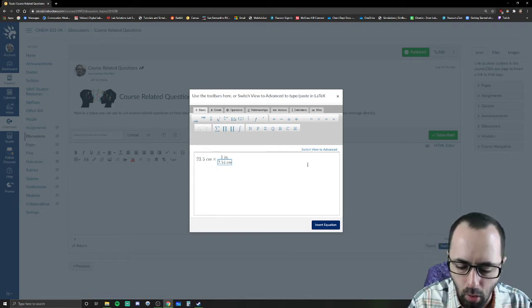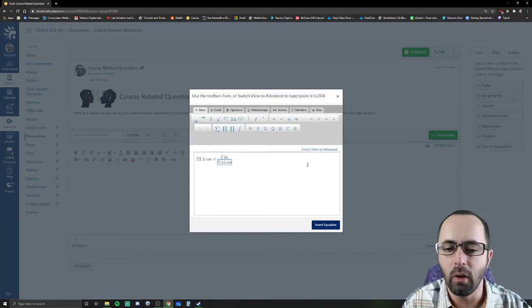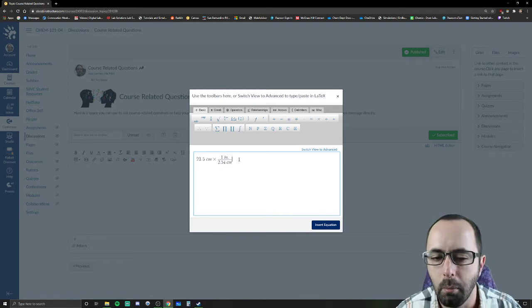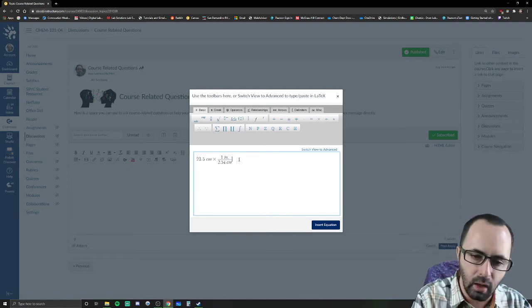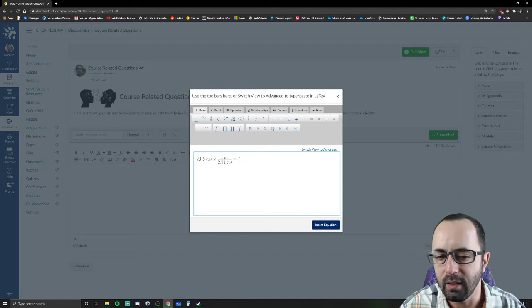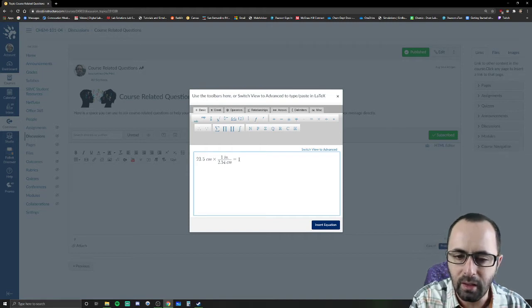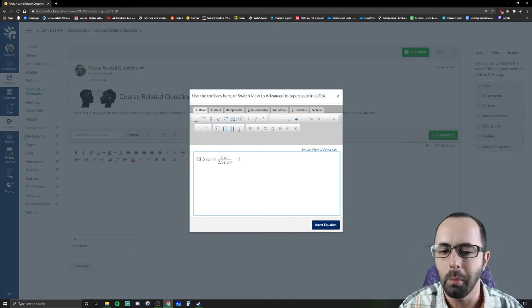And then if I click outside or I hit the right key, then I will get outside of the bottom of this fraction. Then I can click equals, and I can type in my answer, however many inches it is. Now let's say that we wanted to convert these inches to feet. I'm going to press backspace here, and I'm going to put another conversion factor, so I can press times again,